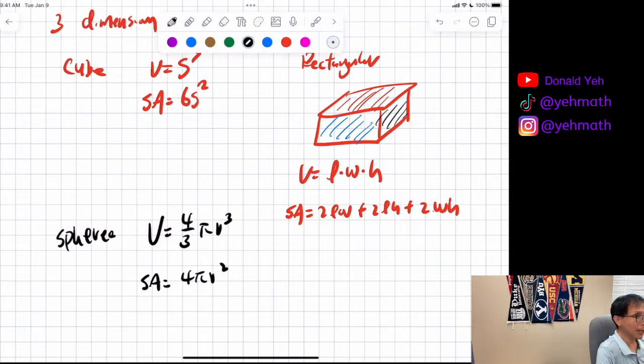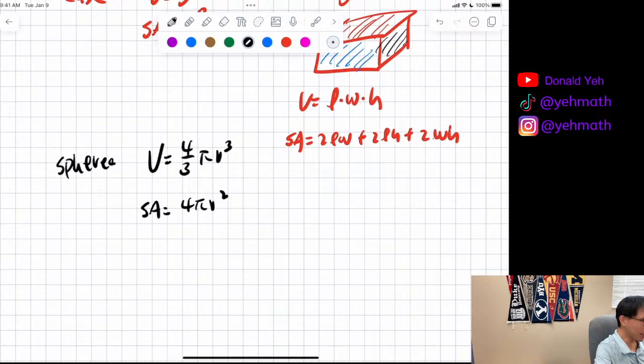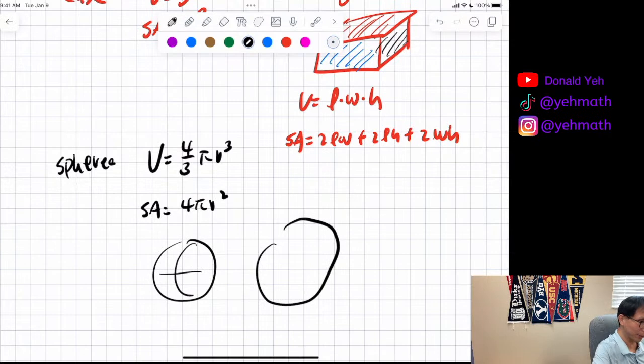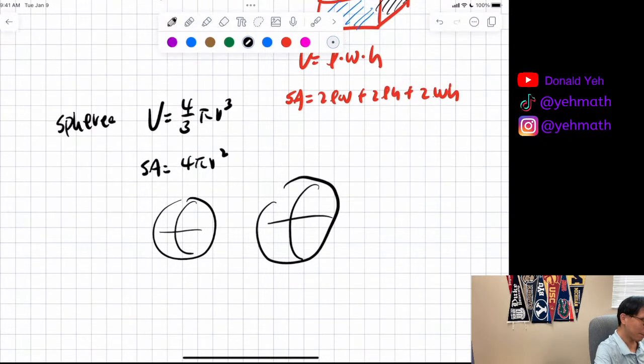Now, with that being said, I can come up with an SAT question really easily. There's a sphere here, and there's a bigger sphere. This is sphere A, this is sphere B. Sphere A has 1/2 the radius compared to sphere B. So how big is sphere B compared to sphere A?